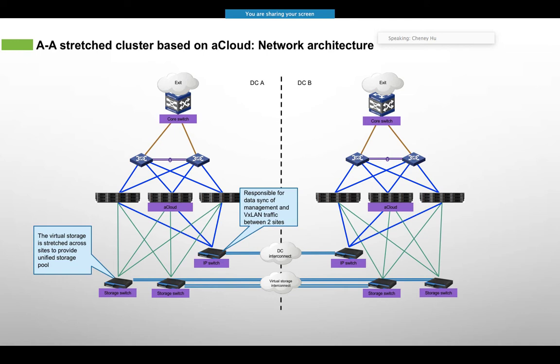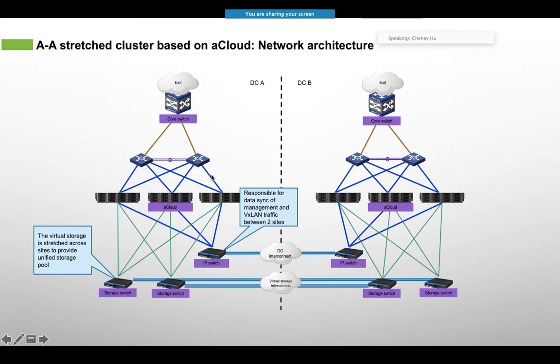That means basically, even though from this topology you see two aCloud clusters at two data centers, logically they are one cluster. And the VMs can be running on either of the clusters and take that cluster as the production site to serve the business. And the virtual storage is stretched across sites to provide a unified storage pool. So if you have one VM, let's say running on data center A, and you configure the data copy to 2, then one copy of the VM's data will be stored on the